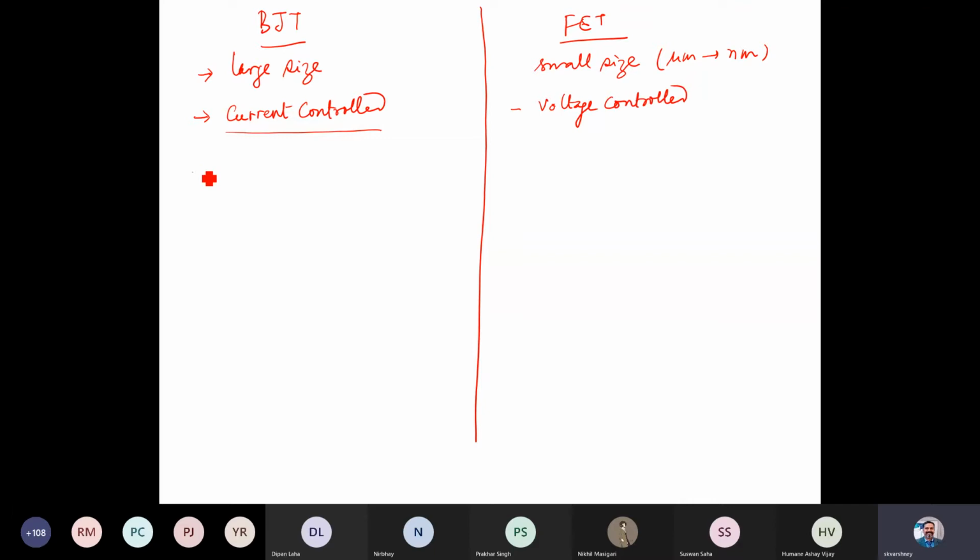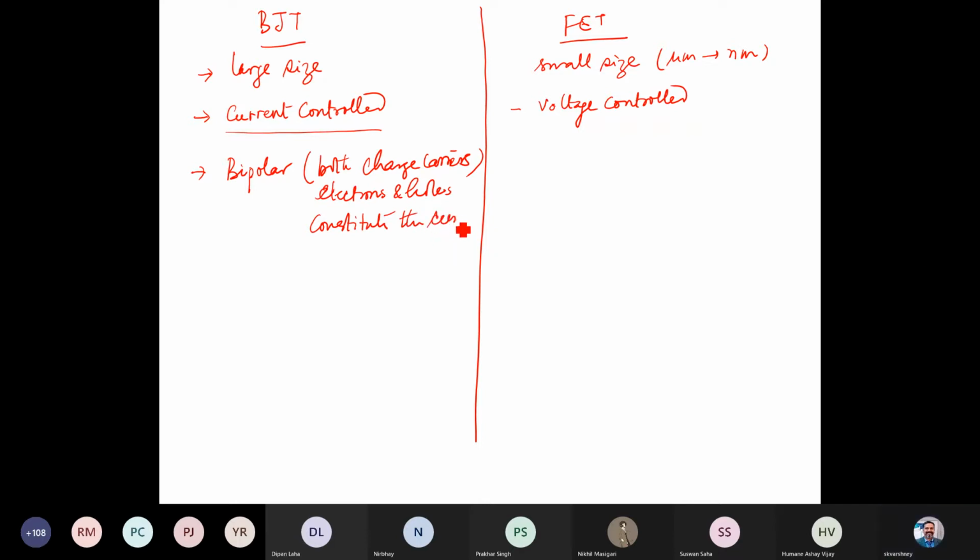Other than this, the other basic difference is that the BJT is bipolar. Bipolar means both charge carriers, electrons and holes, constitute the current, whereas in this case it's a unipolar device.